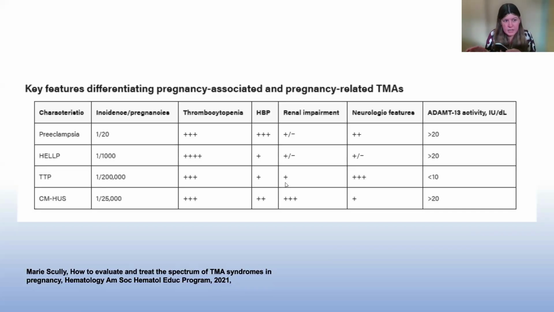But in reality, my own opinion is that these conditions are a spectrum, and it's actually very hard when you get the first information to decide exactly which diagnosis this is. And the most important thing at that stage is to keep general management principles in mind and then work your way through other tests that might help you give a more specific diagnosis. So in this table, it talks about measuring an enzyme called ADAMTS13, which is what is deficient in TTP. And that obviously would help you in making that specific diagnosis.